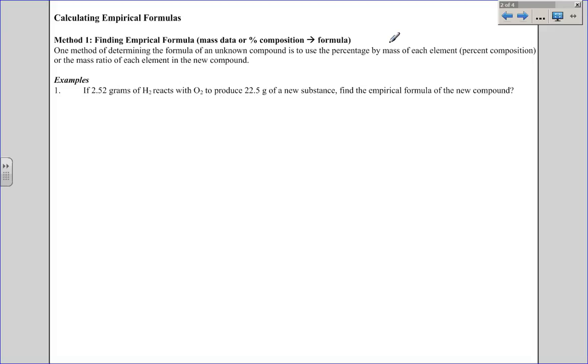In the first example, we have an experiment where 2.52 grams of hydrogen is reacted with oxygen to produce 22.5 grams of a new substance. We want to use this information to find the empirical formula of the new compound. So I'm going to look at what we have here. We're reacting hydrogen and we're reacting oxygen, and we're making some unknown compound with hydrogen and oxygen. Now we can't automatically look at this and assume that it's going to be water, because there might also be